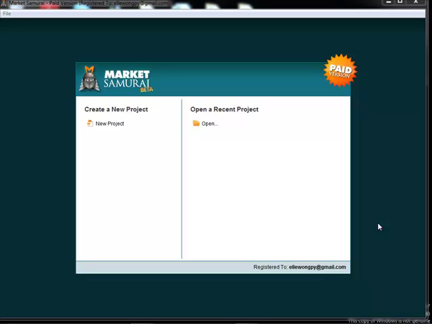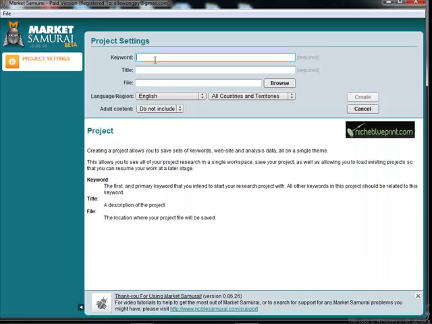Once you've gotten your free trial version of Market Samurai, you will see this page as soon as you open up the tool. The next step is to open up a new project and simply input the keyword that we have decided to expand on. In our example and niche research earlier, we have identified chicken coops to be a potential keyword to expand on, so let's put that in here. Next, click on Create,